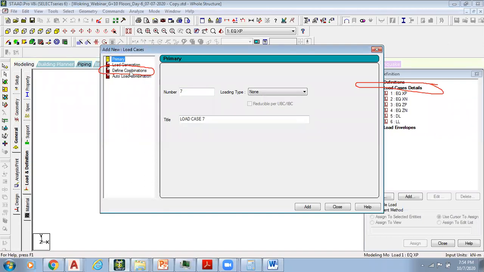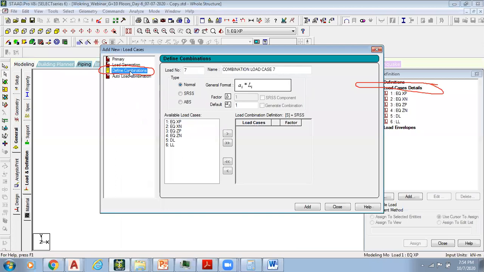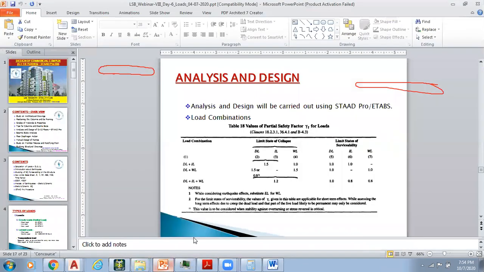So here I can just go to this list, design combination. I can now change the name, or I can make a name here like 1.5 times of the dead load, and then plus live load, right? I can just show you the same thing on this. Yes, so here we have combinations. Can you please once pay attention?